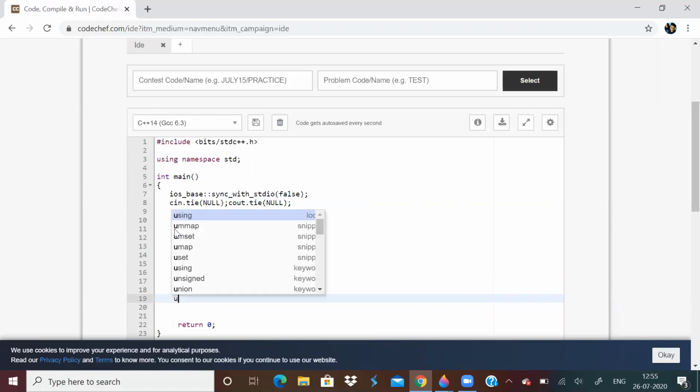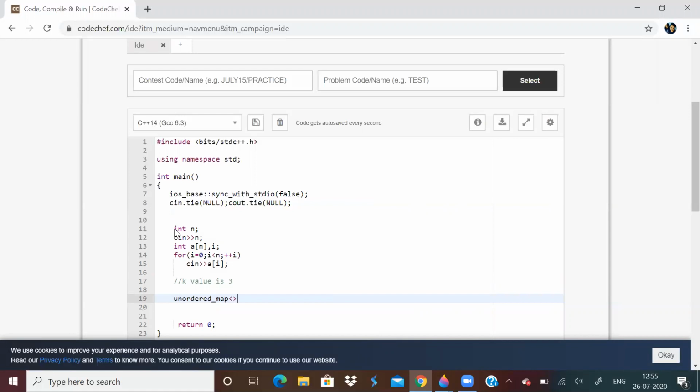So for this, we should make use of an unordered map. Why unordered map? An unordered map basically helps us to store elements in any order, and the time complexity on an average case is O of 1.